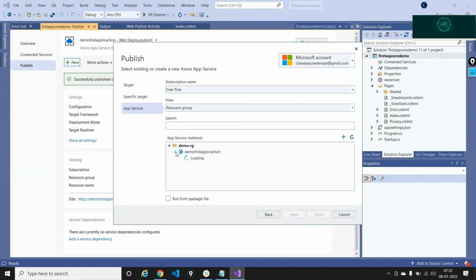If I just click this, I have something called deployment slots right now. So I added something known as a testing slot. And if I expand this, I have something called a test slot out here. Now this is what I'm interested in. I'll select this test slot and I'll say this is the application where I want to go ahead and do a deployment, and I'll say finish.